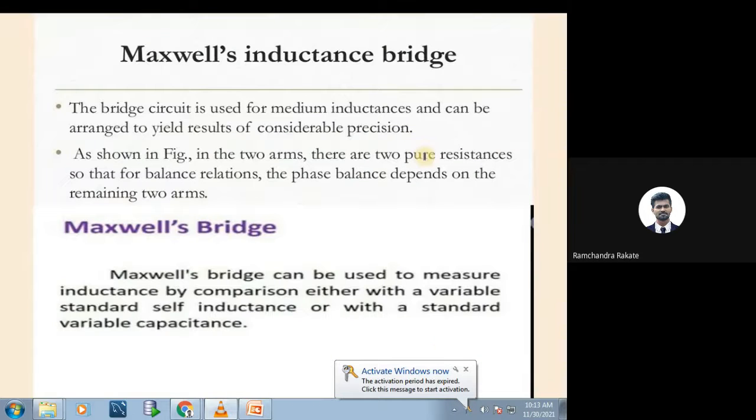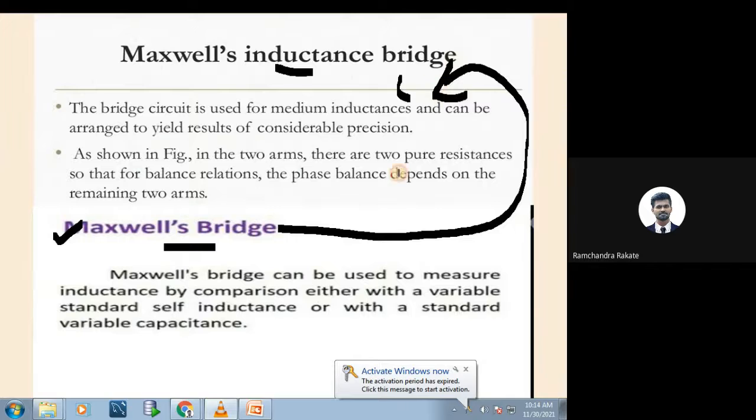Now we will start with our first method, that is the Maxwell bridge. First I will elaborate the Maxwell bridge, because most of the students get confused. Sir, the Maxwell bridge, Maxwell inductance bridge, and then the capacitance bridge, are these different? No. Both the inductance and capacitance bridges are derived from this Maxwell bridge. So I have put all this in one slide itself. Let us see what is meant by the Maxwell bridge first. The Maxwell bridge is what is used